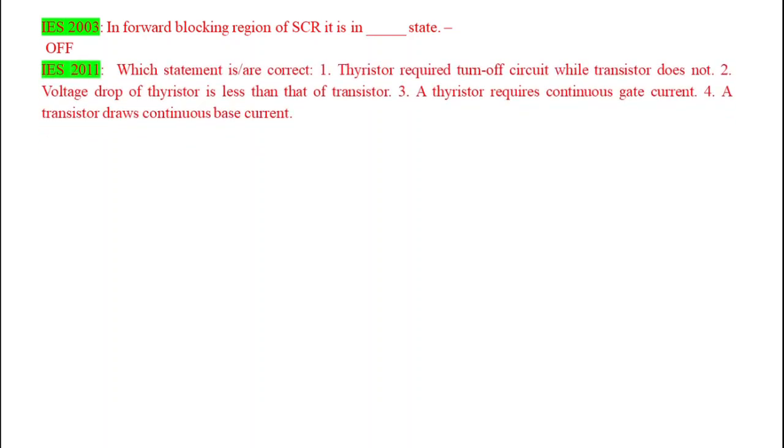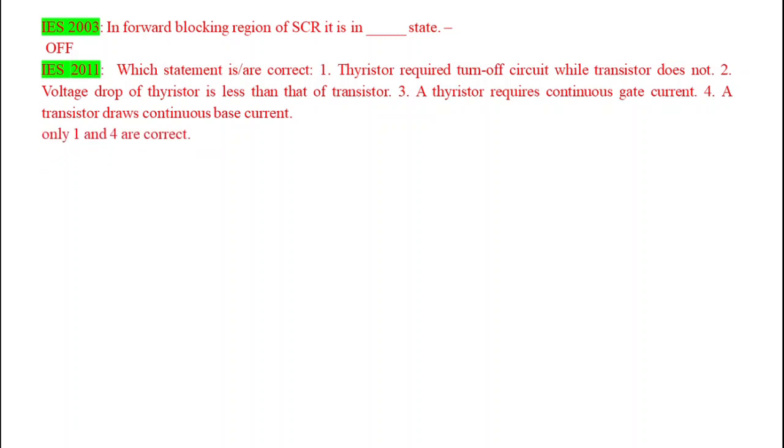Next is, which statements are correct? 1. Thyristor requires turn off circuit while transistor does not. 2. Voltage drop of thyristor is less than that of transistor. 3. A thyristor requires continuous gate current. 4. A transistor draws continuous base current. Here in this, only 1 and 4 are correct,